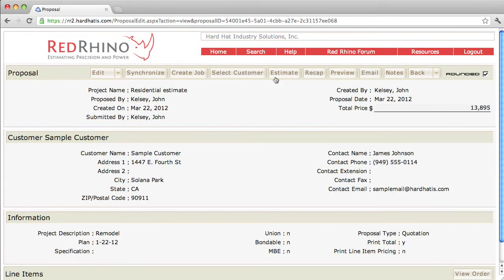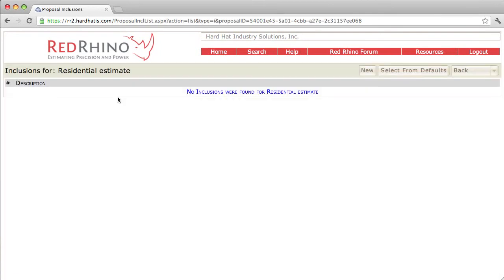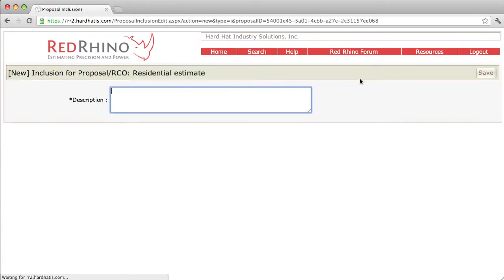Okay, next you want to input what's included in your price. So I click the Edit button here. It becomes a drop down or presents a list, and I'll click Edit Inclusions. Okay, now in order to type in your inclusions, you simply hit the New button up here and type them in. I usually say what's included in my price, like